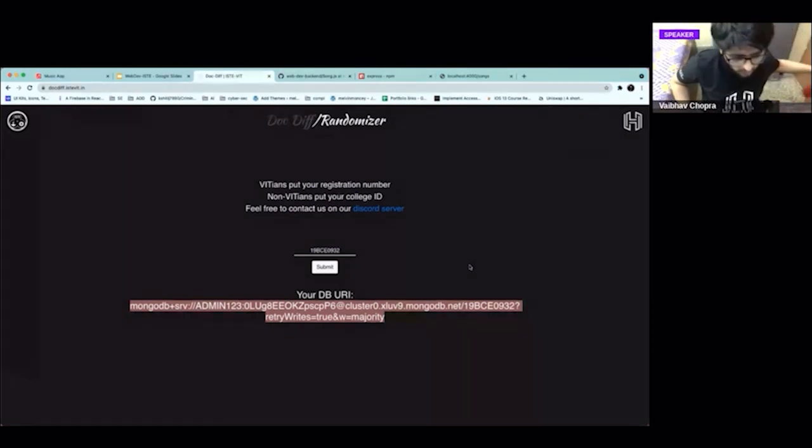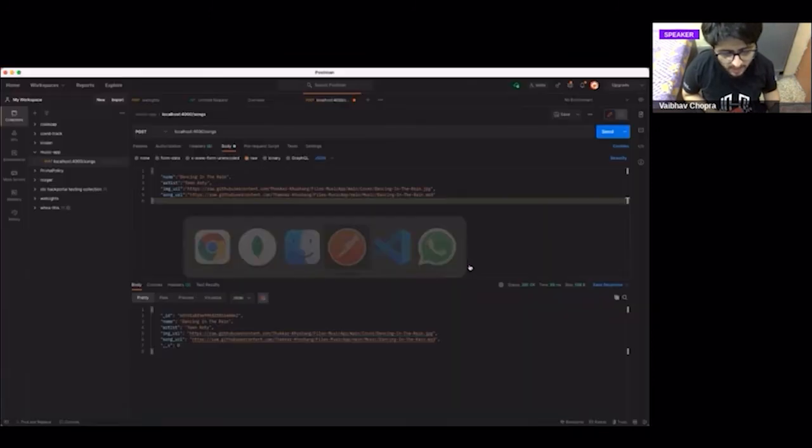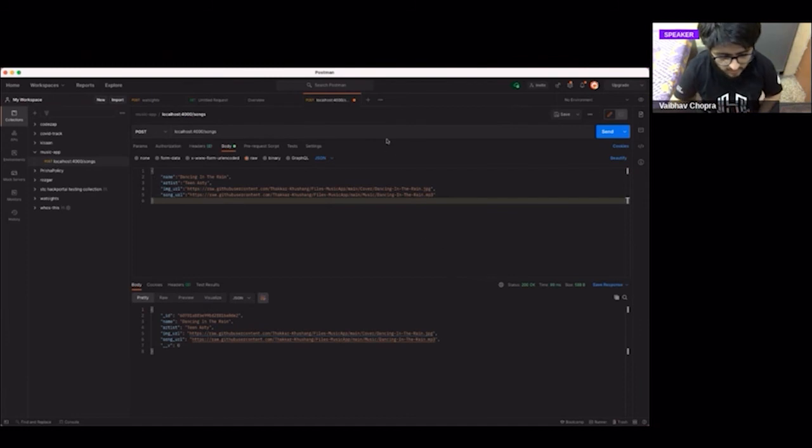This is the URL. And if you're asking in the Postman tab, that is localhost colon 4000/songs. I'll paste it in the chat also. If you are following my instructions, this should be the URL which you send a post request on.